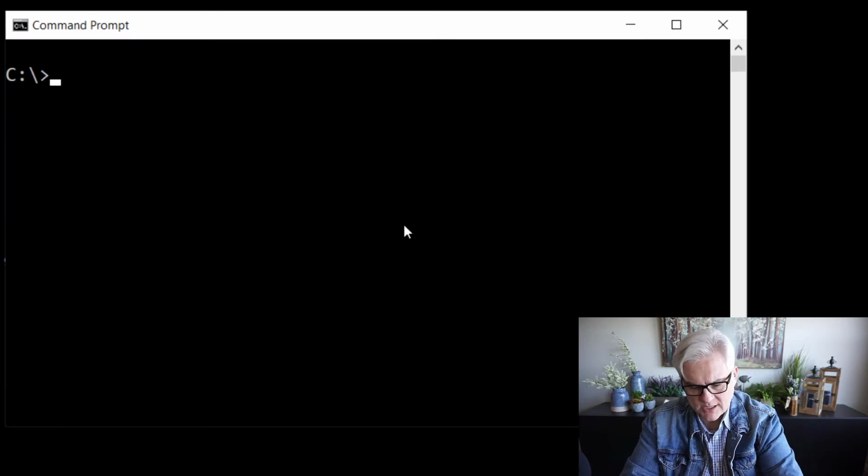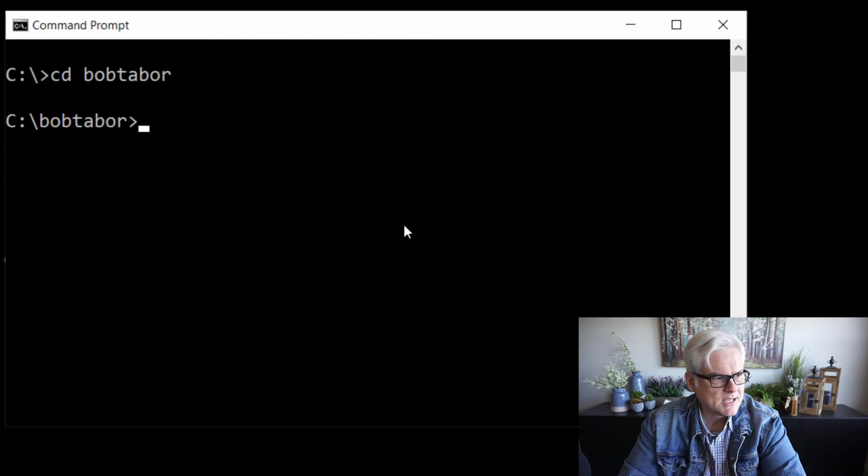And the first thing we're going to do is change directories into the Bob Tabor folder. And now that I'm here, I can run git clone. I don't need to make another directory from here. That's what I was just saying. All right. So I'm going to go git clone, and then you're going to need to give it the URL of GitHub, which is